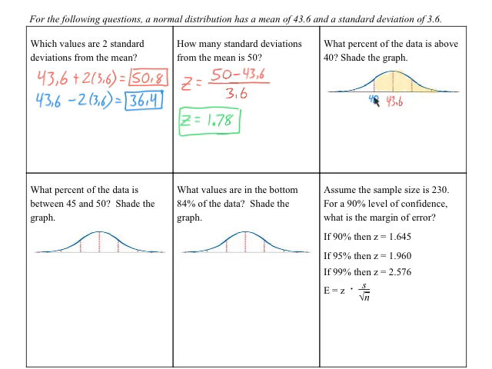And 40 is exactly 1 standard deviation below the mean. Oh, so that's actually pretty nice. You can use the empirical rule here. That line is 1 standard deviation below the mean. This right here is 34%. Everything else on this side is 50%, isn't everything on a half 50? So 50 plus 34%, you have